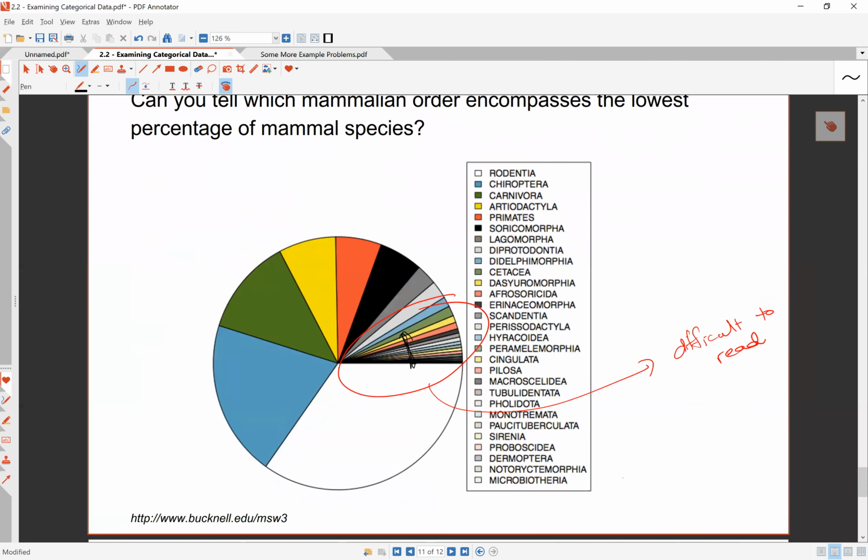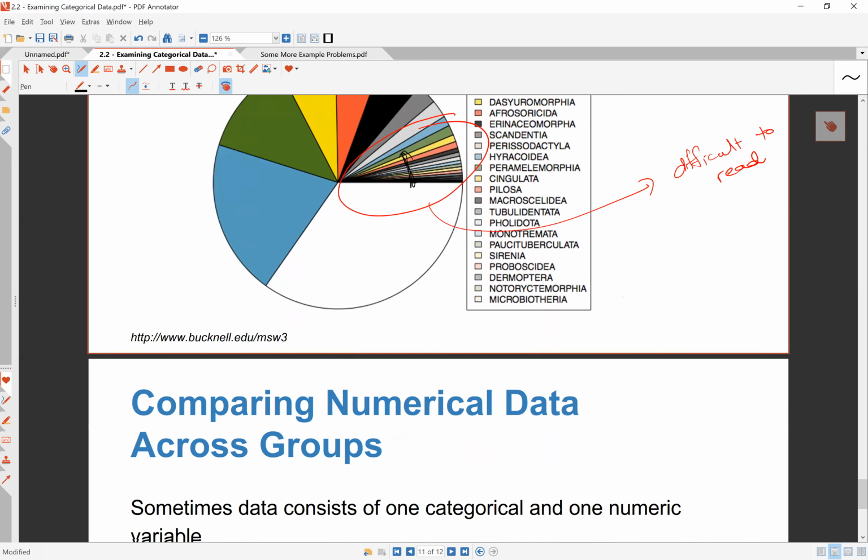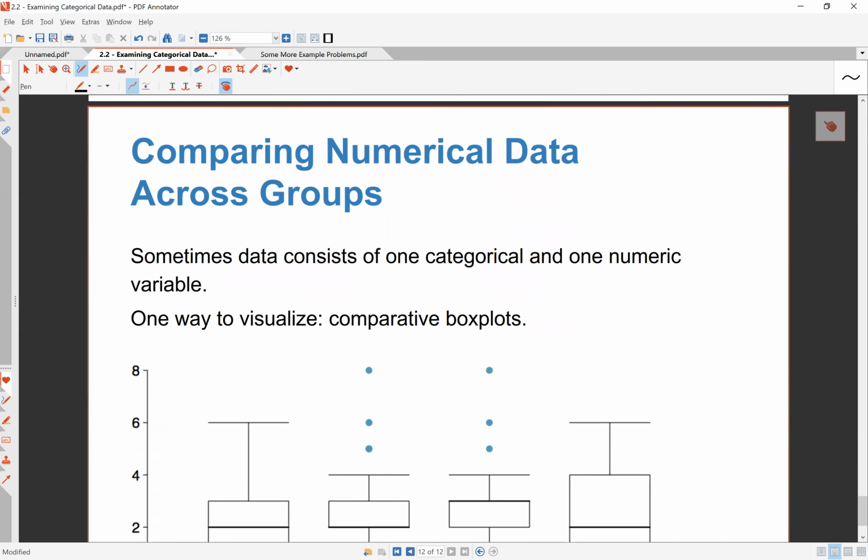And you will see a lot more bar plots in this class. I don't know if you're going to encounter a pie chart again. Maybe there'll be one in a homework assignment, but they're just not going to show up, because if we're trying to do good data analysis, they're not an ideal tool to use. And then